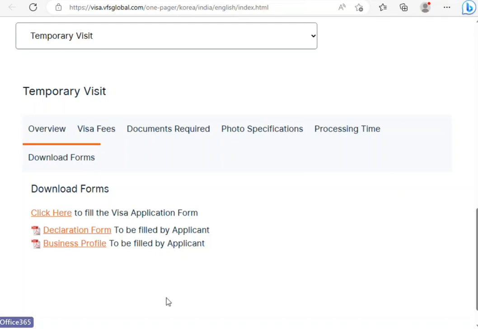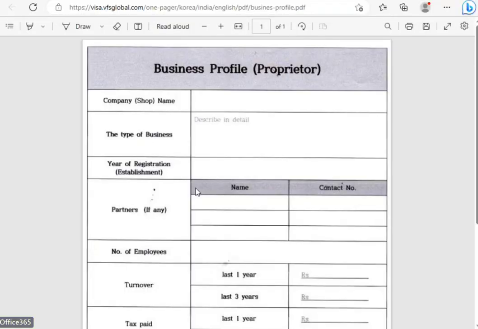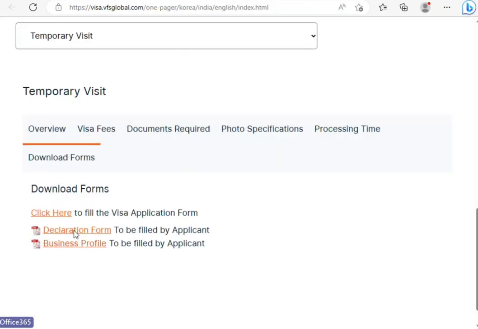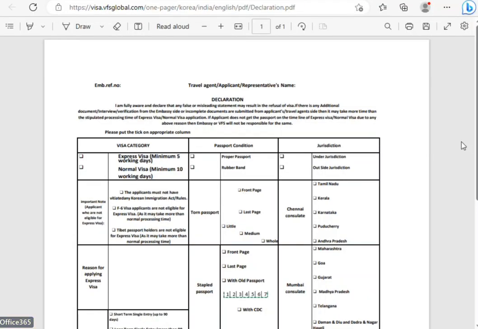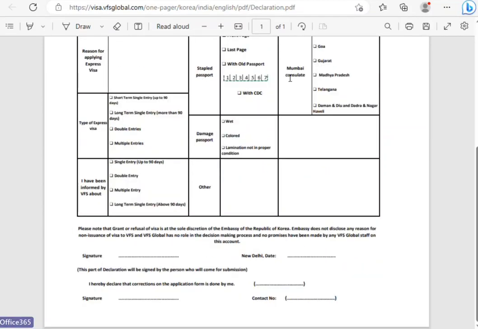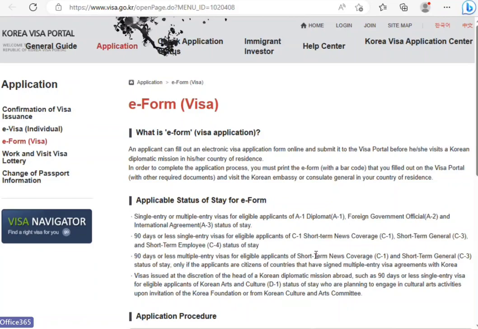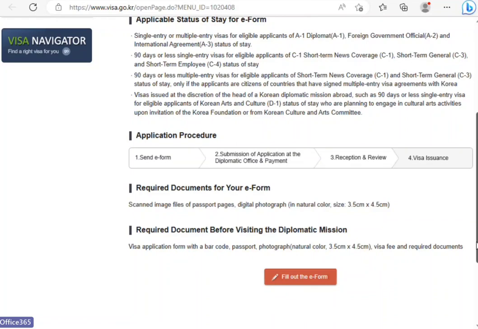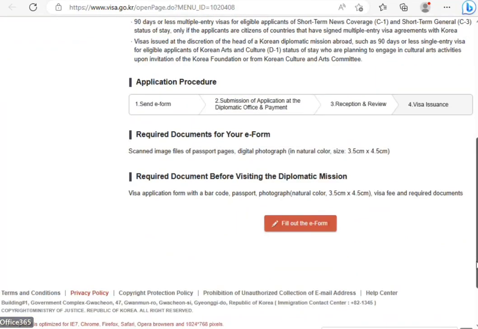So here you have the business profile. This is for self-employed people. Business profile, proprietor. Okay. Declaration form. This you need to fill in as the applicant. And here comes the visa form on the Korean portal. So you need to take the form, submit, and then you can take a copy of it also, and you can go with this to your application